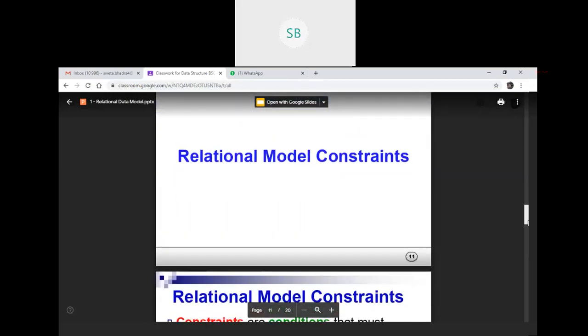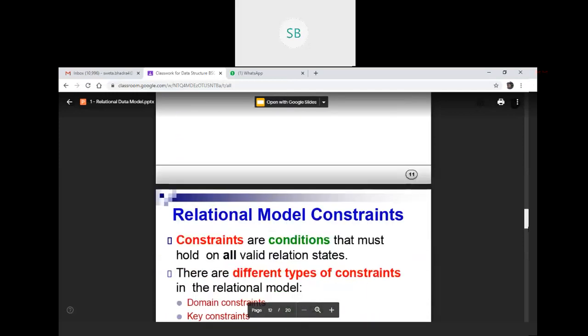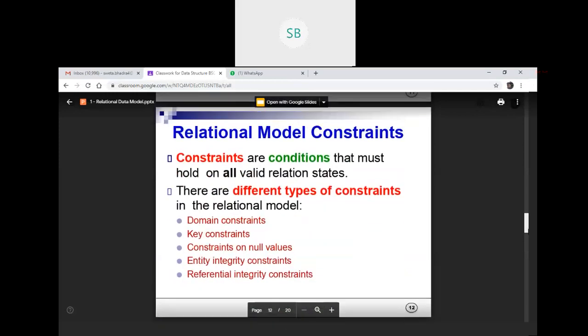Now these are the things where I think you may have confusion, the relational model constraints. Since you have asked me about this confusion, I'll explain it to you. We have known that constraints are something that the table needs to hold. For example, one of the constraints was that we must have a unique identifier, a unique row or column by which it will be identified from the other rows, like we have a roll number. We have various types of constraints, I think 5 types.